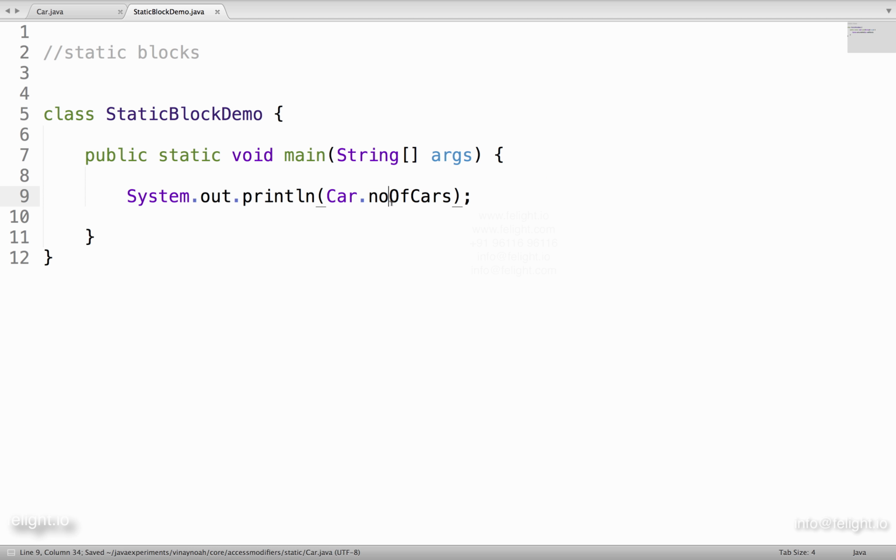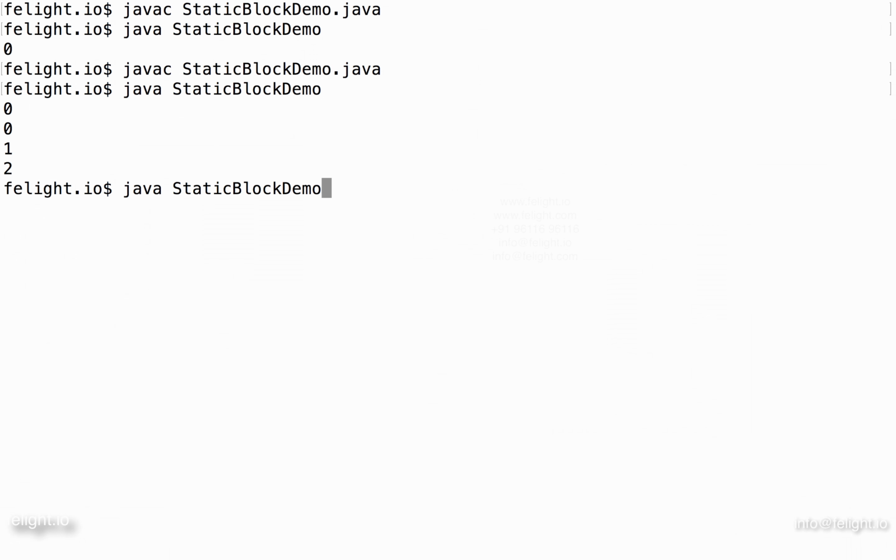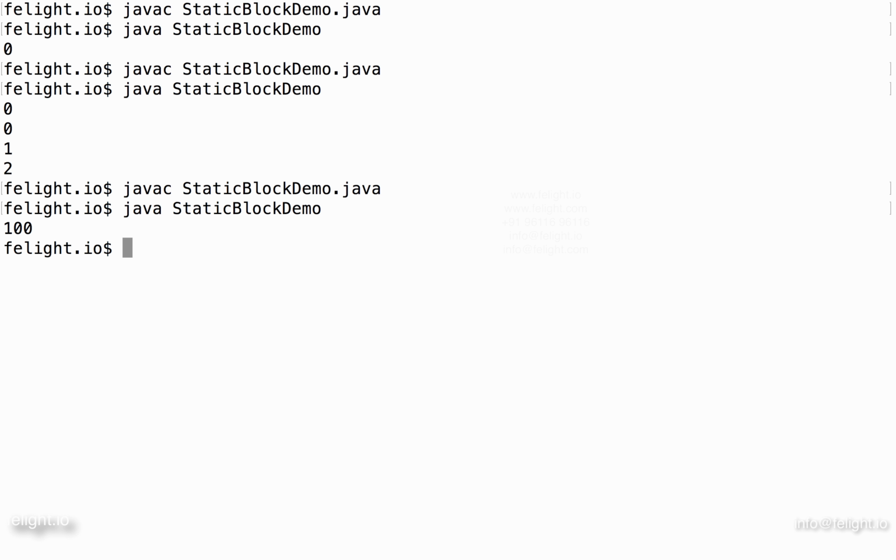Now we go here, when I call this, what happens? No constructor is called, no instance of car is created, but still the number of cars value will be 100. Perfect. And same way,